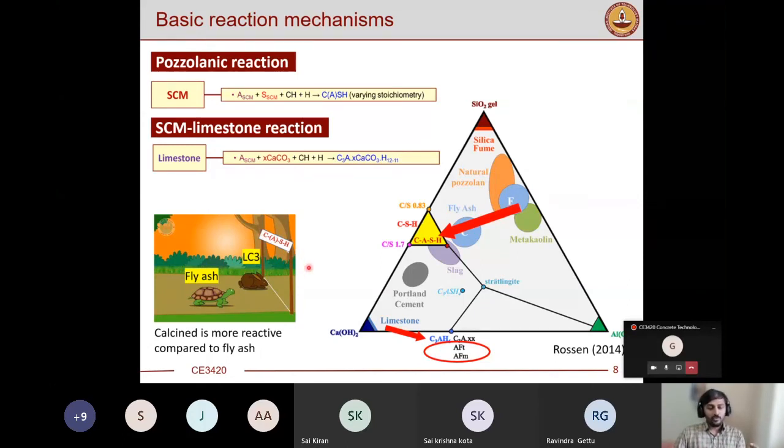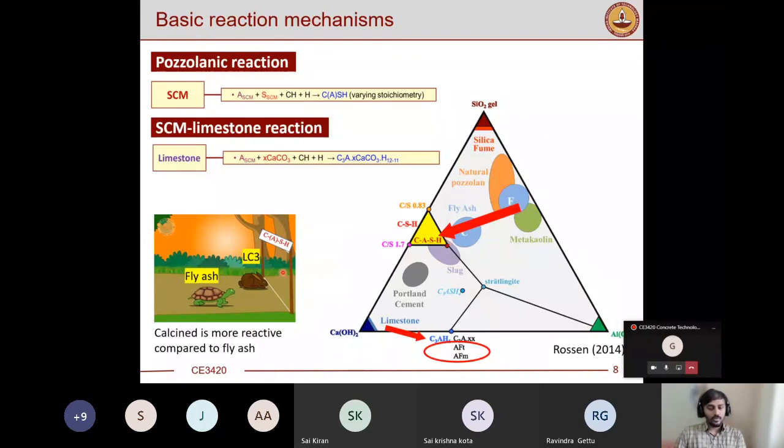So your fly ash, for instance, I have given a cartoon as a representation, so most of you can remember, it dissolves much slowly like a temple, right? So it contributes to development of property much more slowly, right? Whereas when you have calcined clay, clay is much more reactive. So the tendency to form CSH is much more rapid in LC3. So this reaction, which is expected to happen, happens much faster in the case of limestone calcined clay cement,